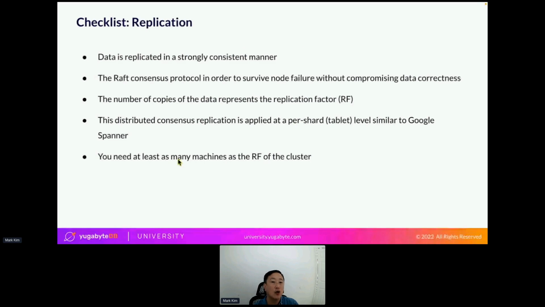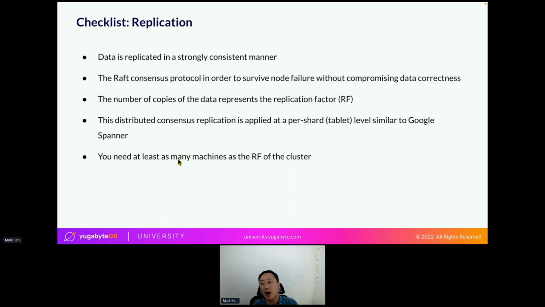So data is replicated once again, but what the difference is between here and some other distributed systems is that YugabyteDB is strongly consistent in its replication. Very important. We achieve this using the Raft consensus protocol. And basically, that is a large white paper all in itself. If you're interested in understanding how that algorithm achieves a strong replication, that is a little bit out of the scope of this training for today, but just to let you know, that is the protocol that we use,